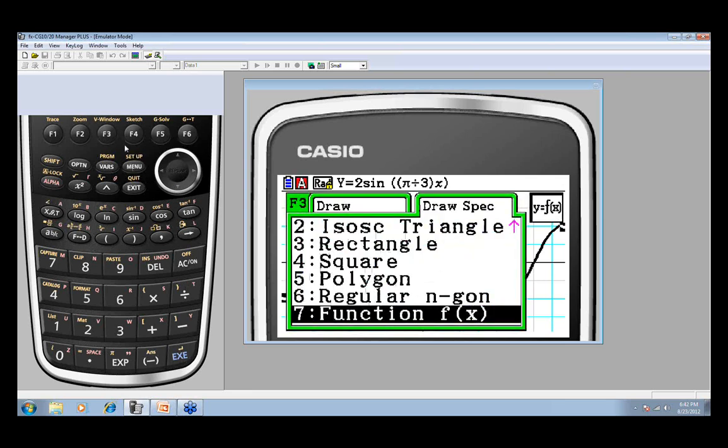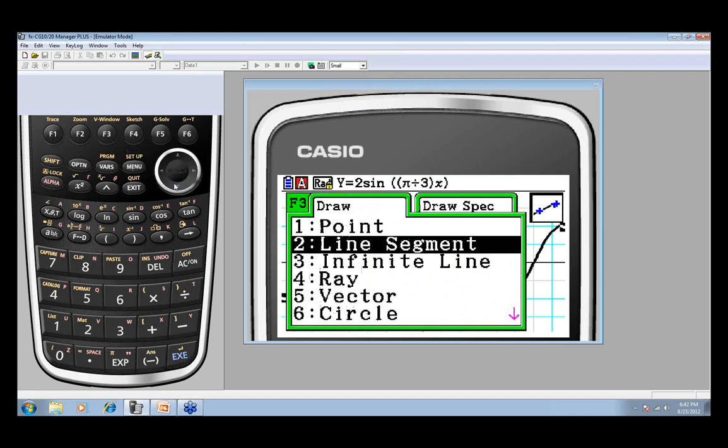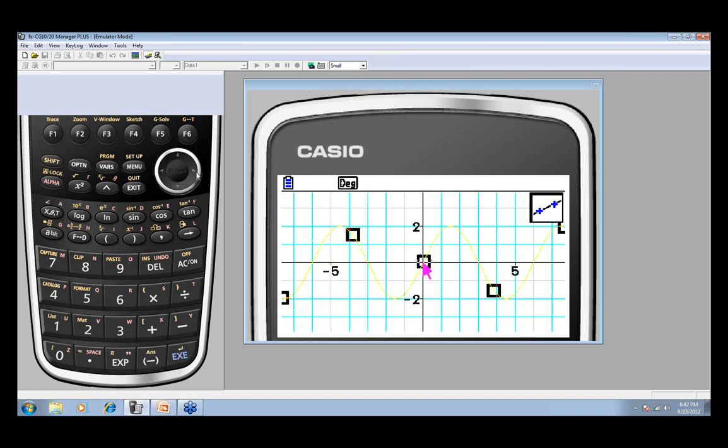and I want to go to F3. I want to draw an infinite line from that point through my tree graph at the place where the x-coordinate is about 2, and then I need to come back to 5, and there I have it. I have my line drawn. Okay, and what I need to do now that I didn't do the first time, this is a very important thing, and I don't know why I didn't think to remind myself and you too, is to press exit. You want to press exit before you go on to the next thing. You always want to deselect before you try to start a new function.